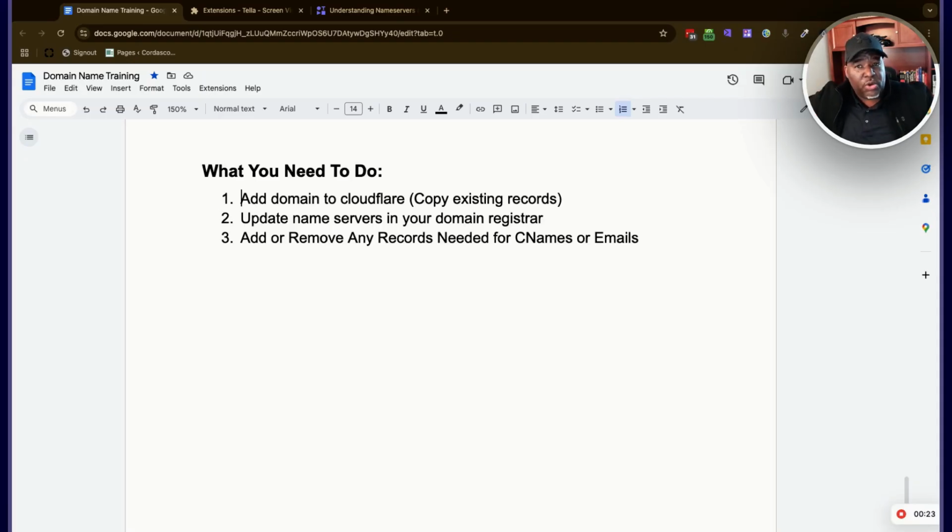So what we're going to do is walk you through a live example. In this case, we're going to show you how to use your domain with an email autoresponder service called GetResponse. And we're going to show you A through Z how to set it up and how to use that. And we're going to dive into that right now.